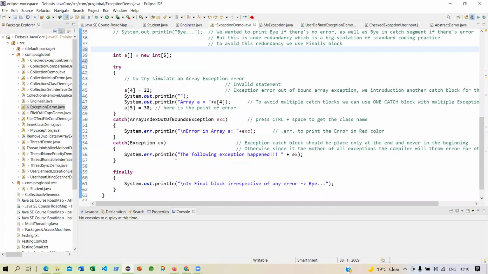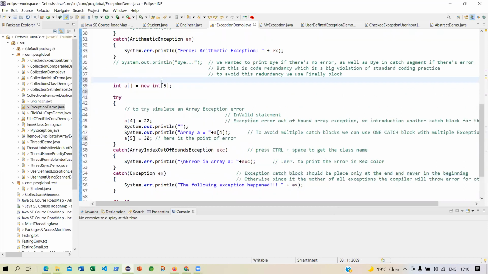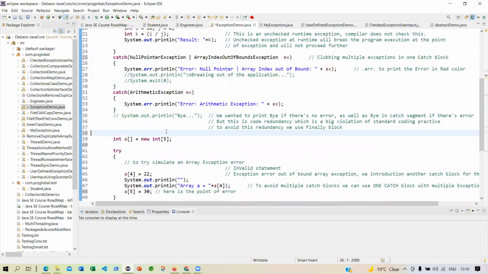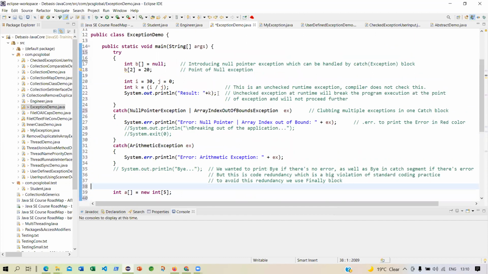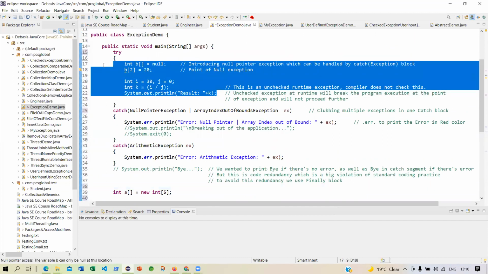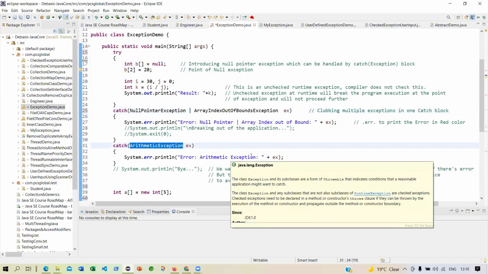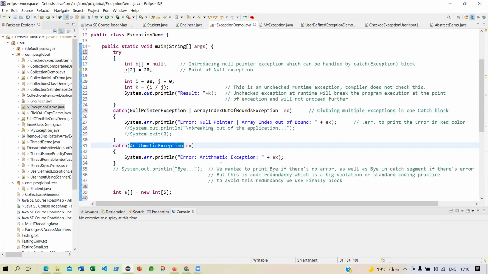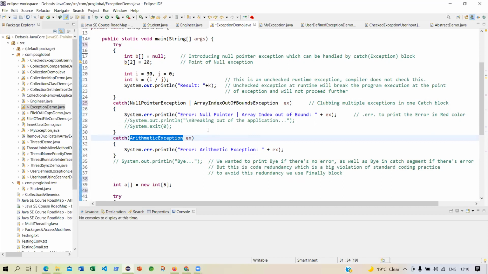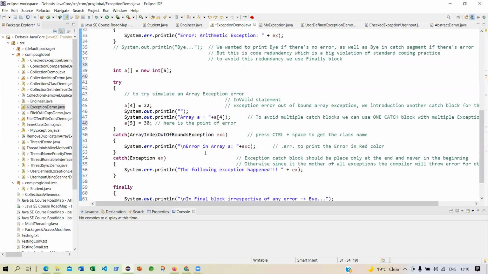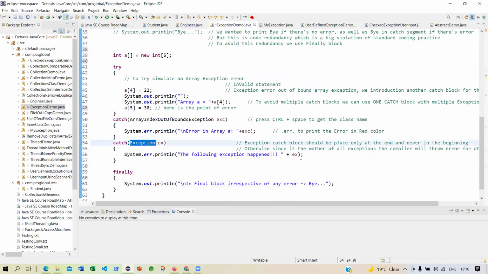The same thing, the knowledge is the same. So the risk is anything in this block which is not null pointer exception or array index out of bound exception or arithmetic exception. If there is some other exception which I'm not handling, then I will get a runtime engine error, and those are a long list of errors. I mean, those are not desirable. So let it be like that here, but here I'm trying to use an exception, a general exception.